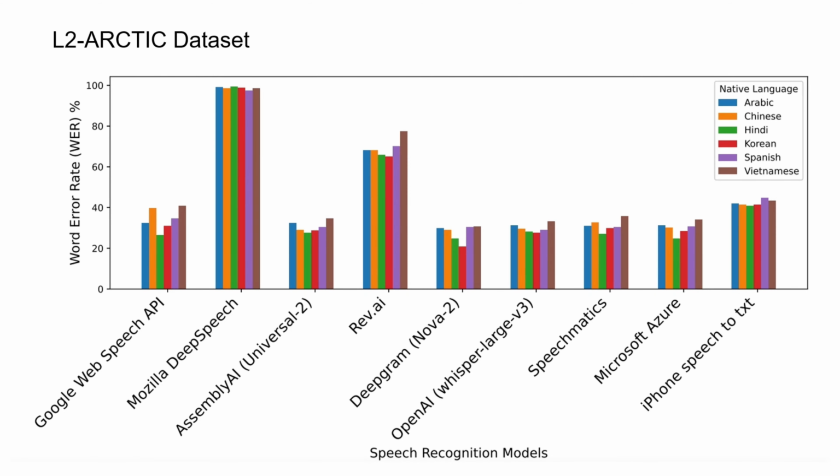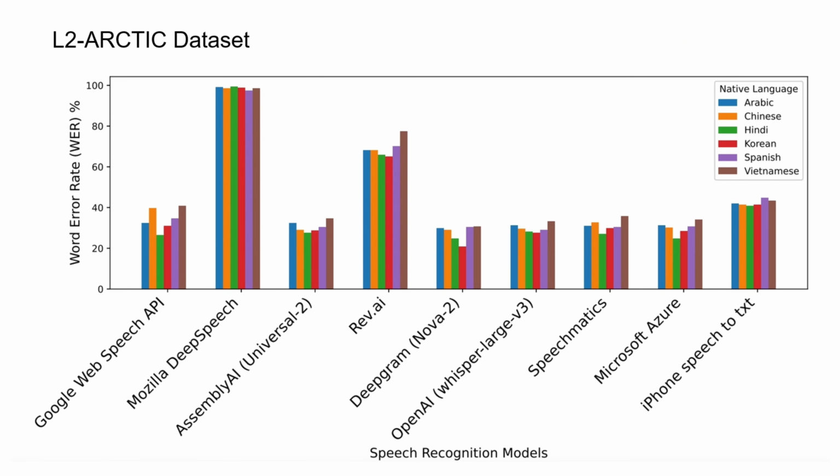This is the second figure. This figure presents the WER comparison for different ASR models on the L2-ARCTIC dataset, which consists of non-native English speakers from various linguistic backgrounds, including Arabic, Chinese, Hindi, Korean, Spanish, and Vietnamese. The results clearly indicate that Mozilla DeepSpeech performed the worst,